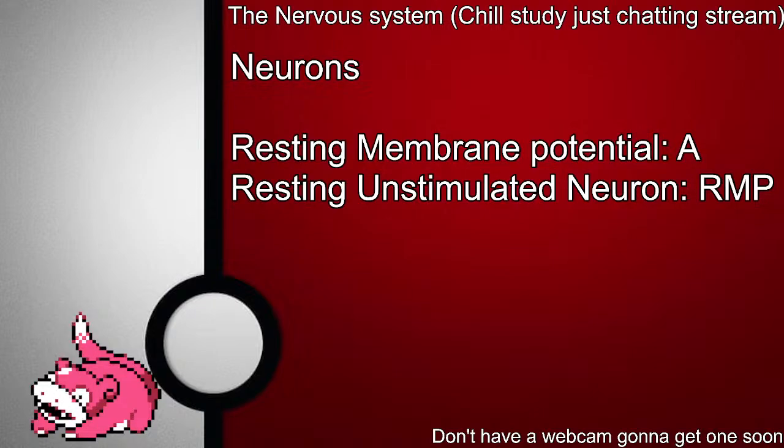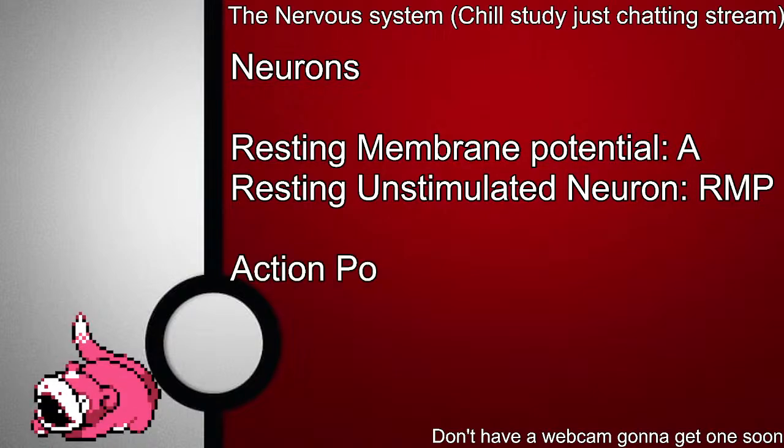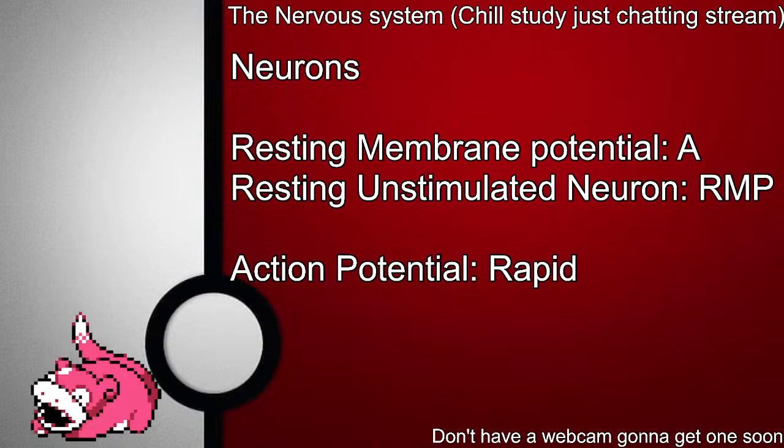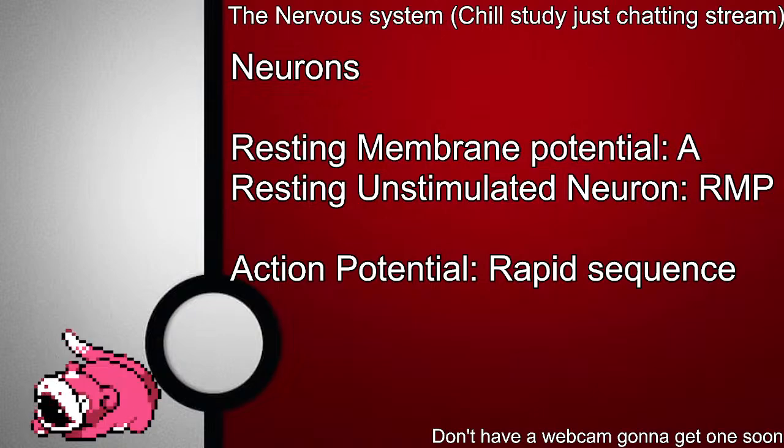Action potential. Okay, this is where things get a little actiony. So resting membrane potential is when the cell is unstimulated. Action potential is where things start to get a little crazy, a little wild. Action potential is the rapid sequence of